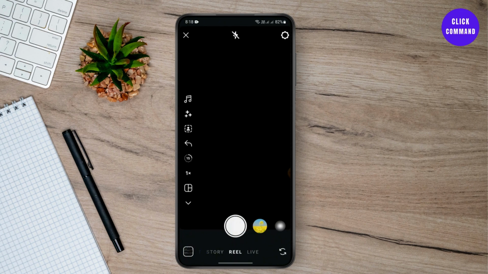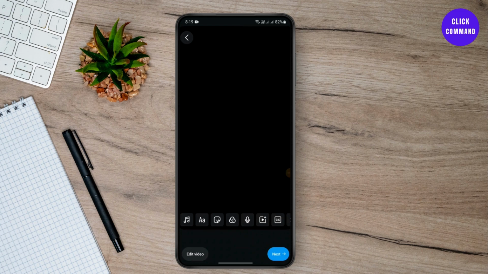After that, create a clip with different parts in order to create transitions. So create multiple clips. Just long press on this button. You may add filters if you want, and click about 4 to 5 or however many clips that you want to add to the video. After that, just tap on next,